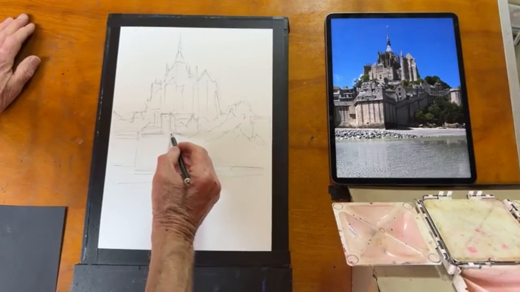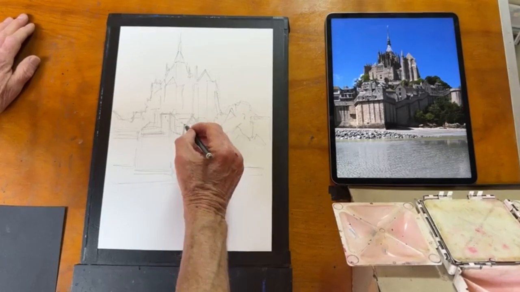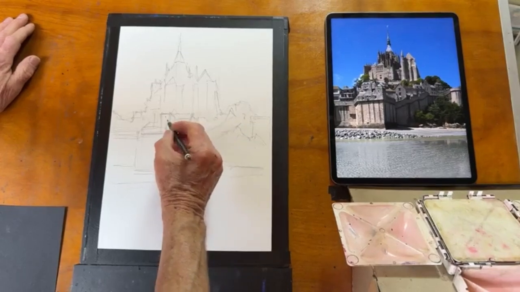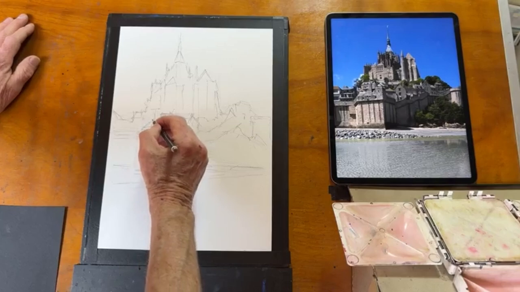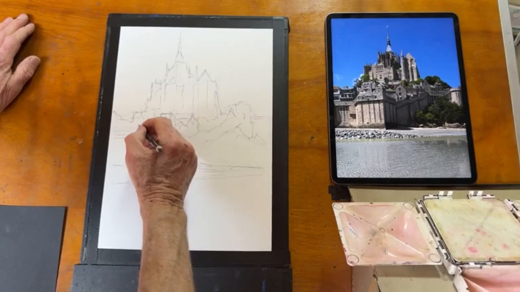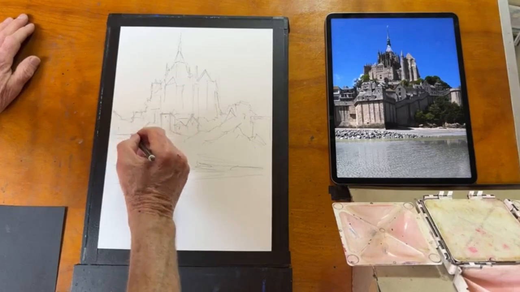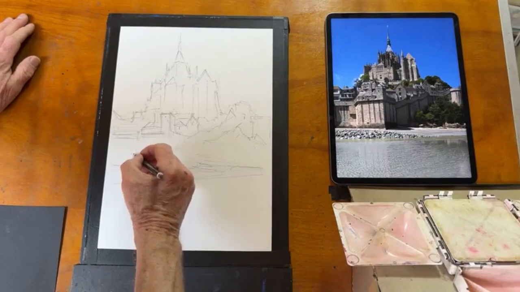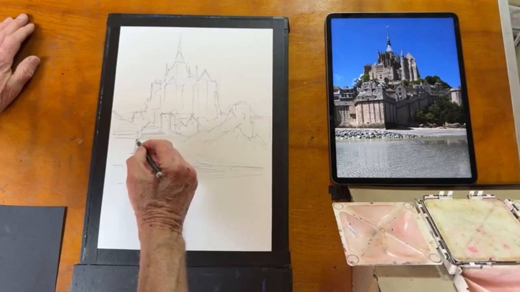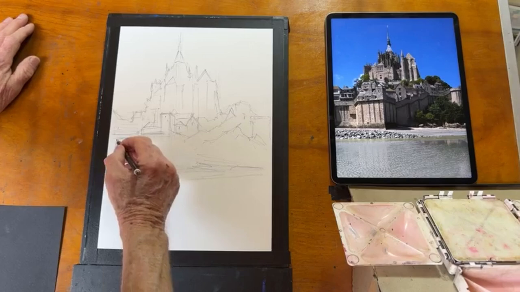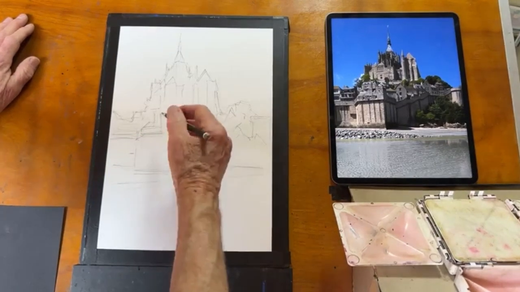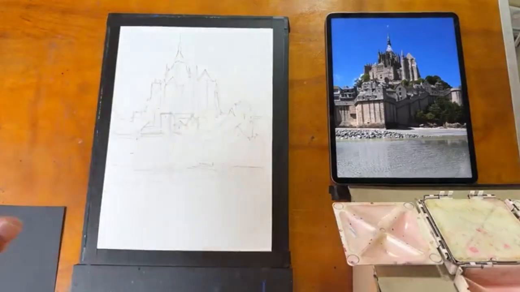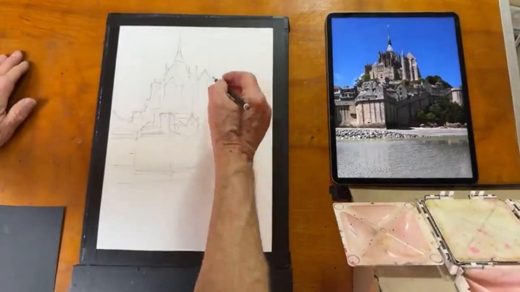I would want to work a lot bigger so that I could get them all in, or get more of them in. Now there's some other interesting things where shadows are cast here, but I want them to be painted more than drawn. I'm going to try to make most of this thing happen in the